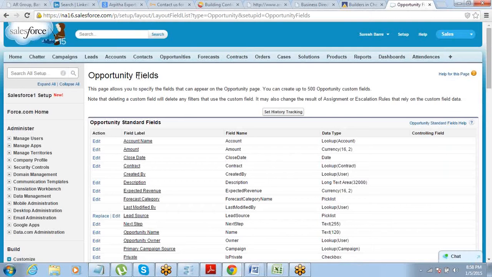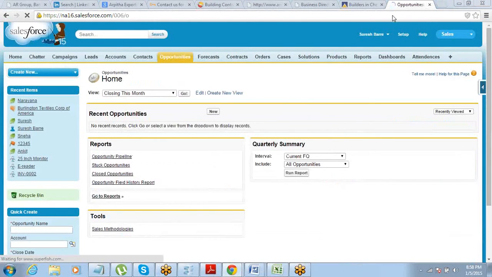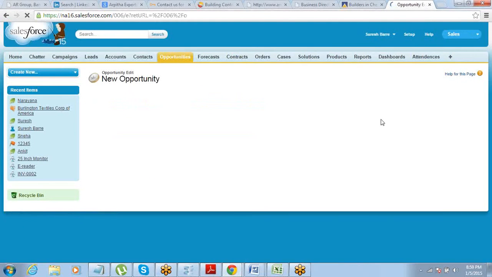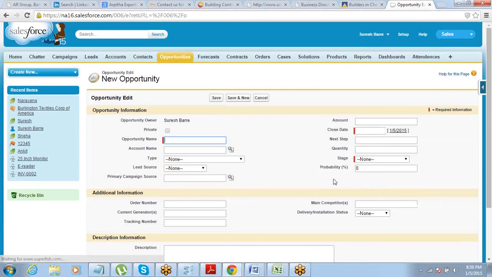Alright, now I have one more field which is called tax, and this will be automatically calculated based on the amount that I enter. So now you cannot see that tax field here. Why you cannot see it? Because that is a read-only field. So the moment you enter all these values, then that field will become visible.